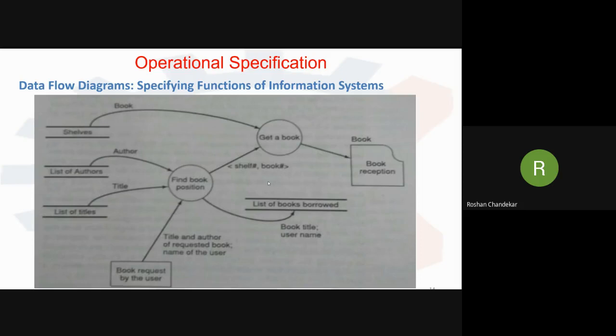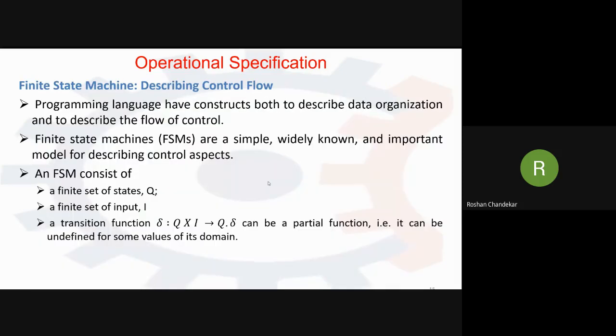The next operational specification model is the finite state machine, the FSM, which is used to describe the control flow. What is the finite state machine describing? The finite state machine describes the control flow. As my data flows by means of the data flow diagram, now I'm going to control the flow by means of the finite state machine. How can we control our data flow by means of the finite state machine? So